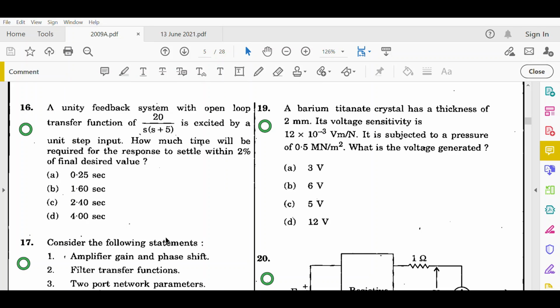We will now move on to the 19th question. Barium titanium crystal has a thickness of 2 mm. Its voltage sensitivity is 12 into 10 to the power minus 3 volt-meter per Newton. It is subject to a pressure of 0.5 meganewton per meter square. What is the voltage generated? They have given us 4 options. To solve this question,